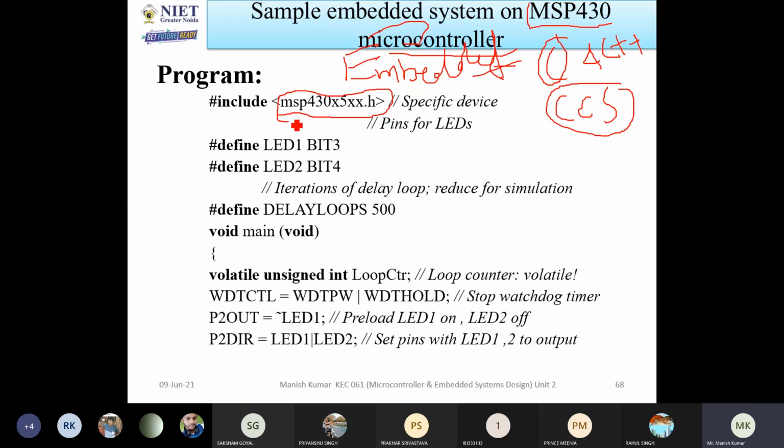What is the meaning of including this? I have included the library of MSP430. Library means whatever pins are there and what type of registers it will support. All these registers and pins, the terminology, will be defined by these header files. So you have to use these header files.